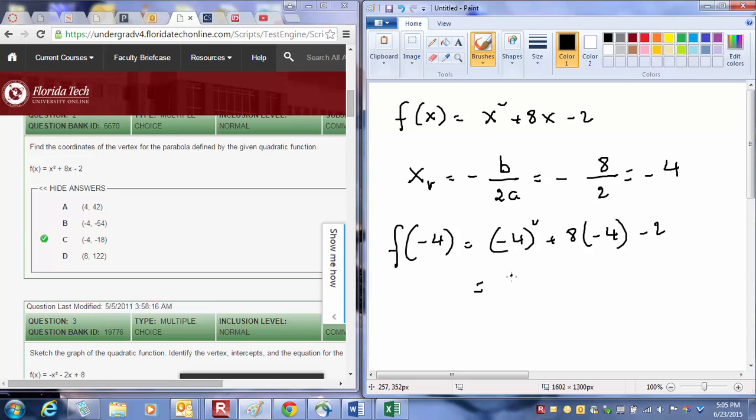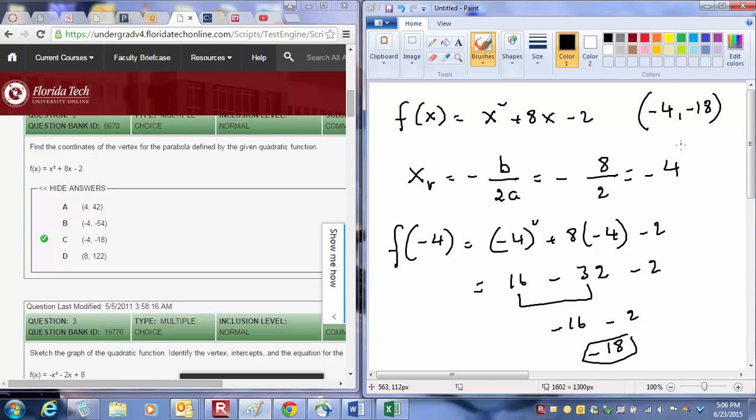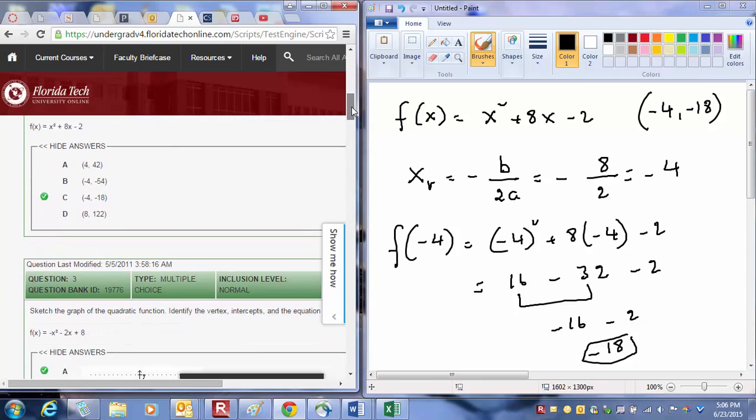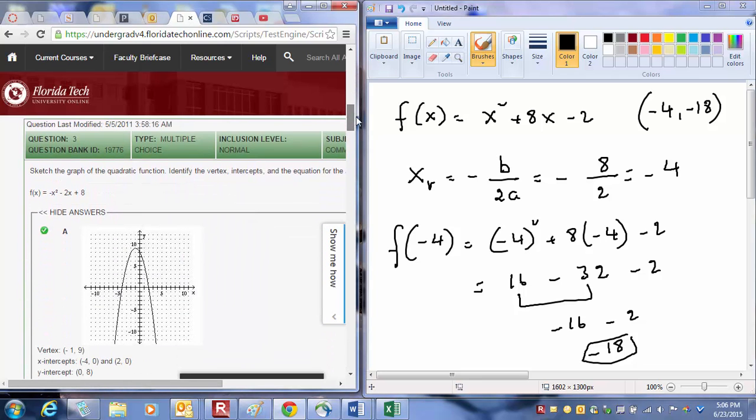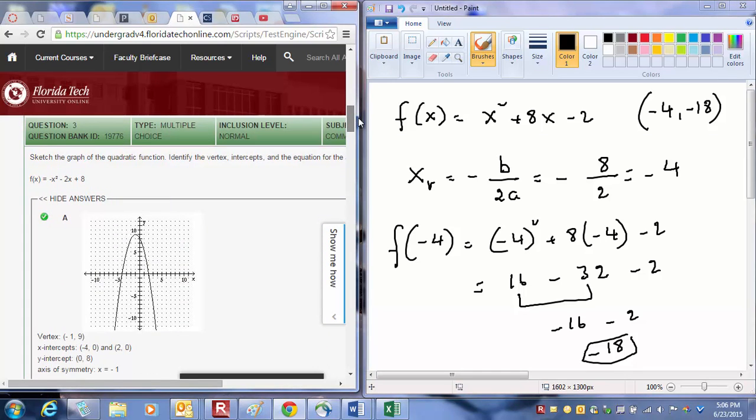So this would be 16 minus 32 minus 2, and 16 minus 32 is just negative 16, and negative 16 minus 2 is negative 18. And so the coordinates of the vertex will be x negative 4 and y negative 18, which is C in the multiple choice answer. Let's look at number 3, and in number 3 we need to sketch the graph of the